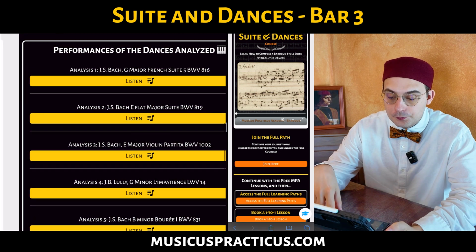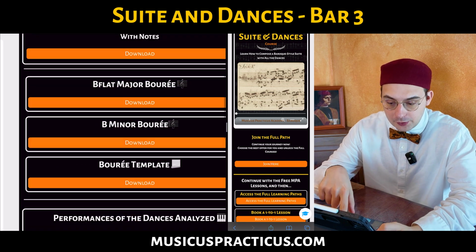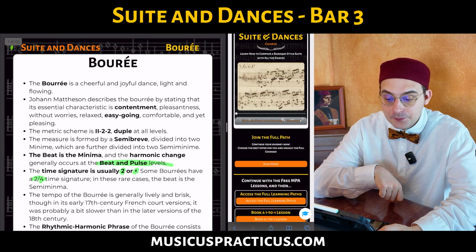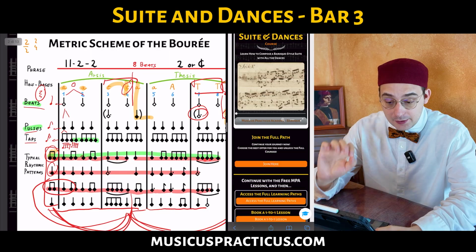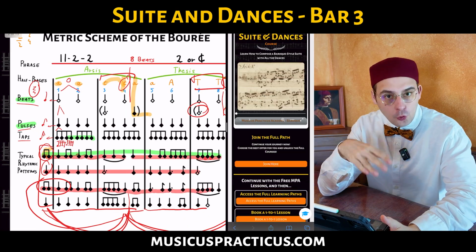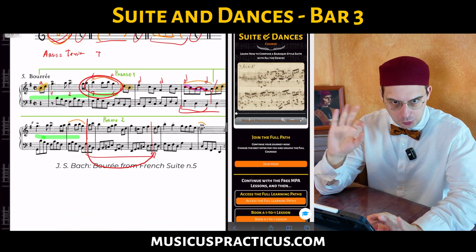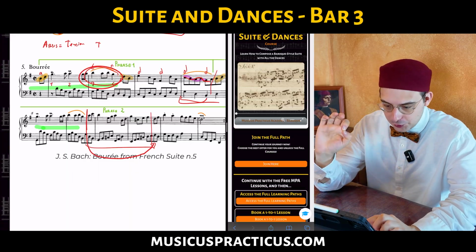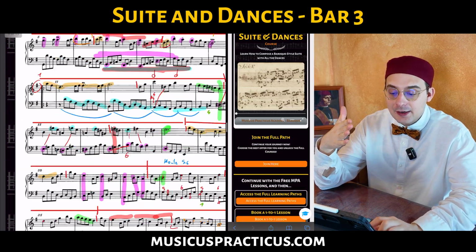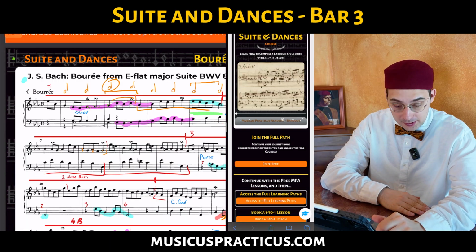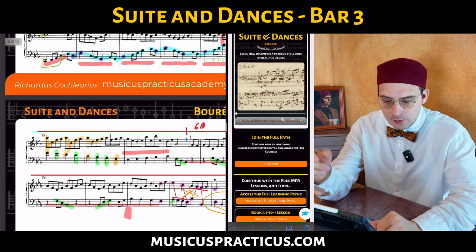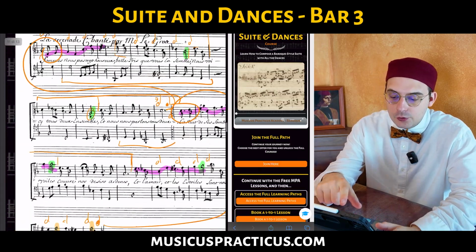So you have the score of all these Bourrées in the PDF with and without the notes. If for each dance you have the metric scheme, you have all what you need to compose a dance. About this, be sure you have all what you need. The phrasing, and then after the compositional elements, the dances we analyze together. Here you can find the score of all these dances, and to listen to them,